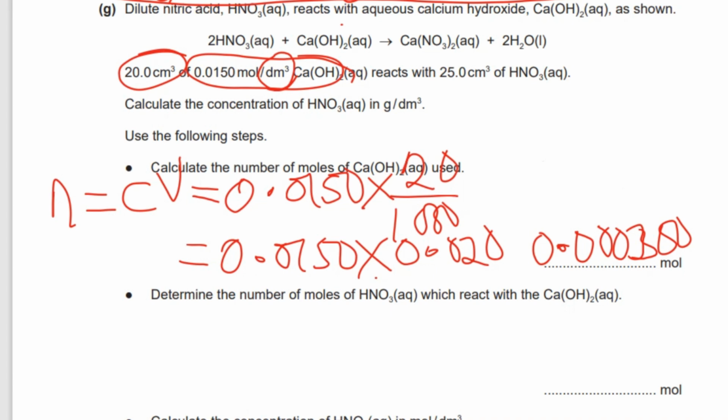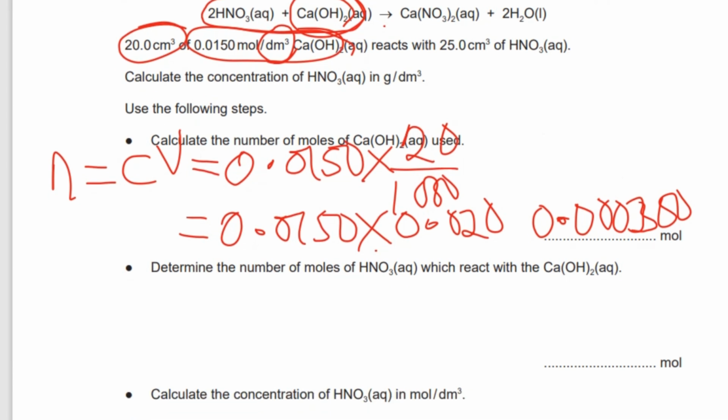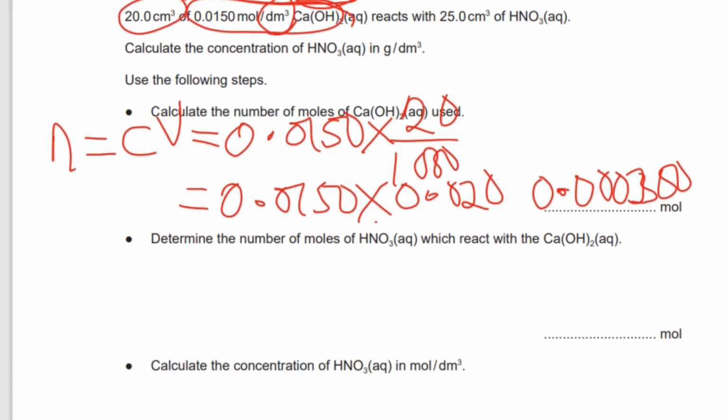What we can do is go back to the balanced equation and look at the ratio of the moles. We have already calculated the number of moles for calcium hydroxide, so what we want to do now is compare the moles of calcium hydroxide to that of nitric acid